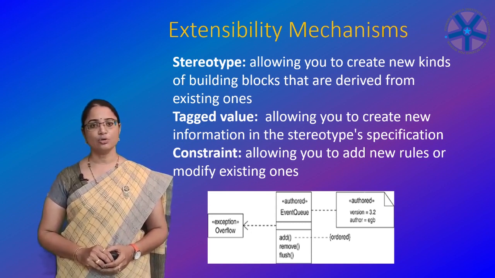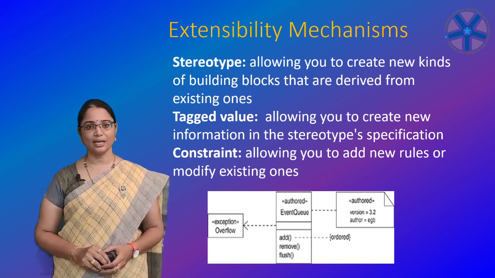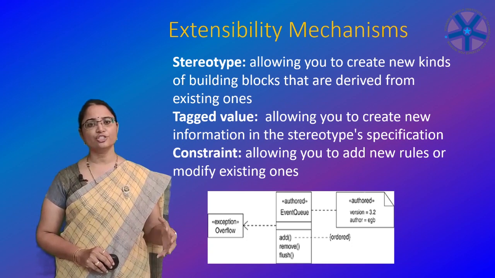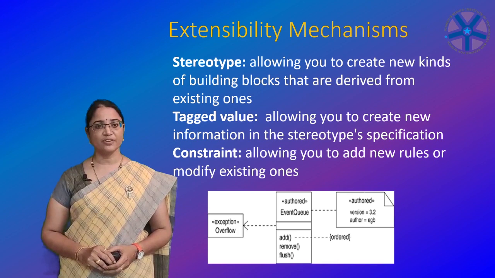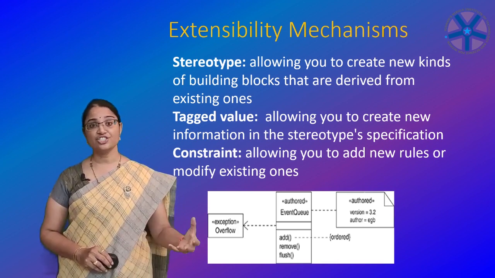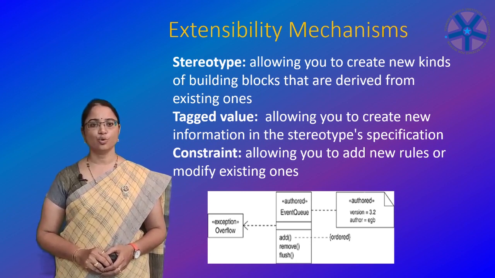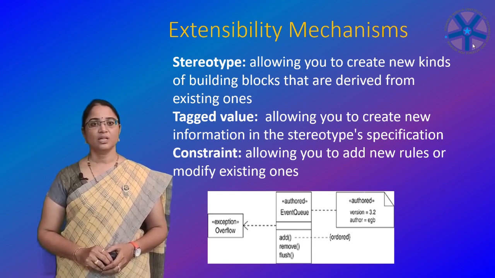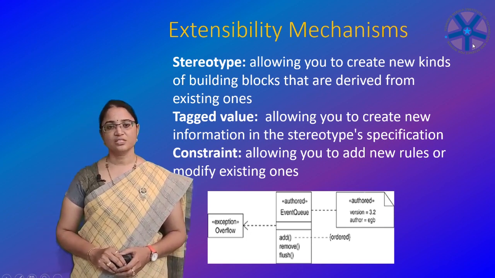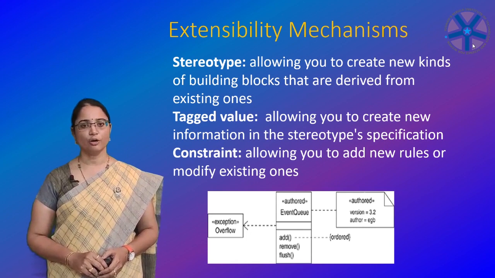These mechanisms also let the UML adapt to new software technology, such as the likely emergence of more powerful distributed programming languages. You can add new building blocks, modify the specifications of existing ones, and even change their semantics naturally. It's important that you do so in controlled ways so that through these extensions, you remain true to the UML's purpose, the communication of information. This is regarding the rules and the common mechanisms of the UML.